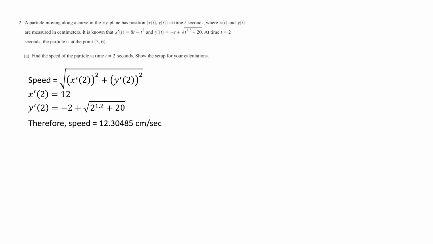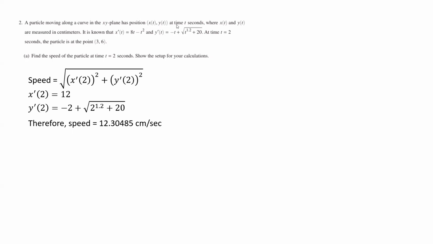This is number 2 on the 2024 AP Calc BC exam, number 2 on the free response question set. This is actually quite calculator heavy, so you've got to punch things in smartly. Okay, so number 2 says a particle moving along a curve in the xy plane has position x of t,